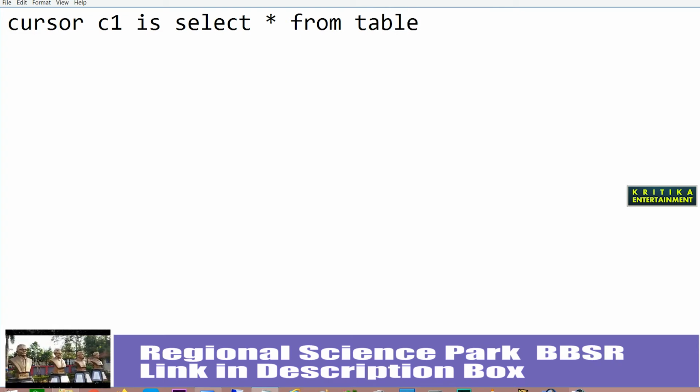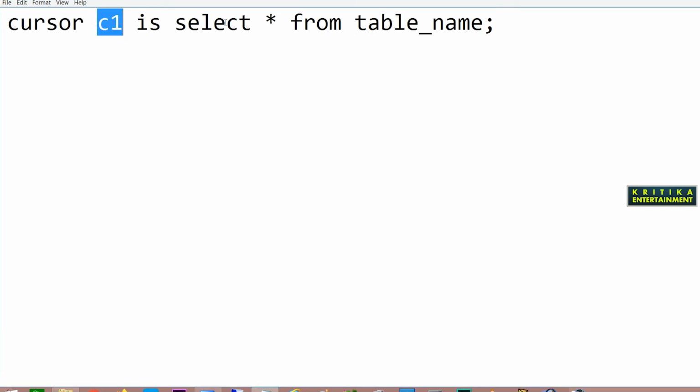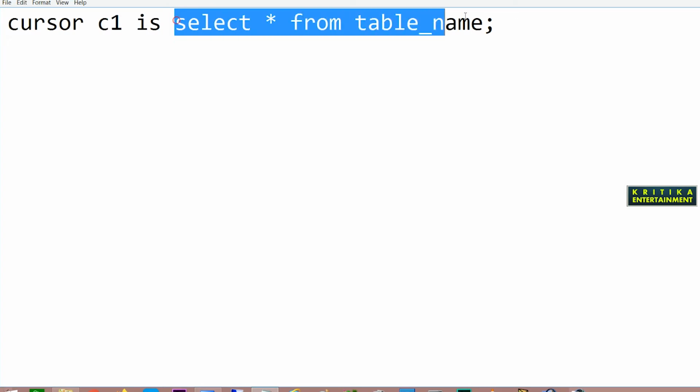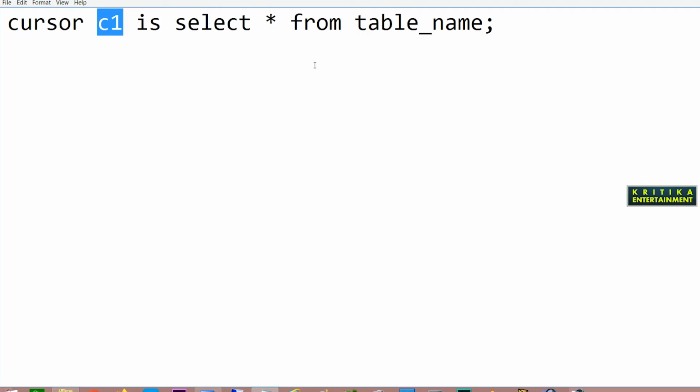Whatever value is returned will be stored in the C1 cursor. That means the whole table's values will not be stored in C1 at a time. It will be stored one row at a time in C1. Then we use a loop so that our cursor moves from one row to another row.